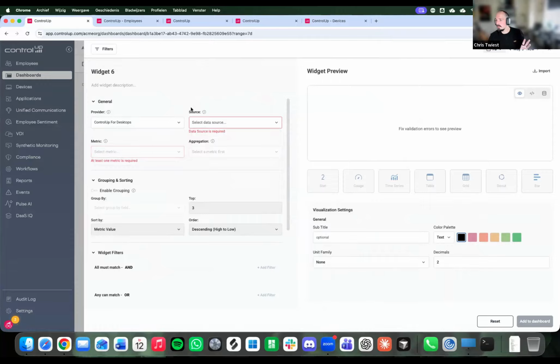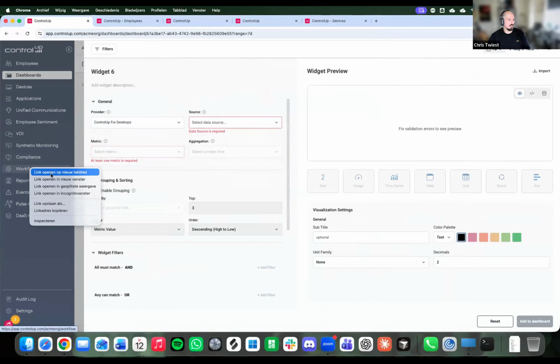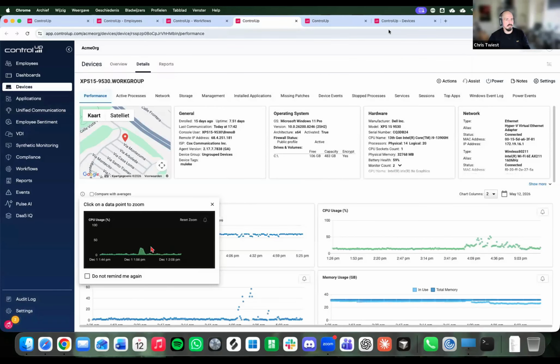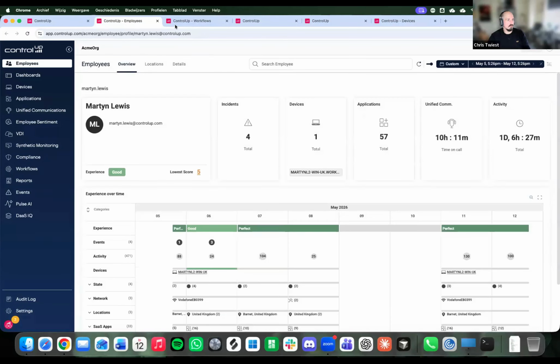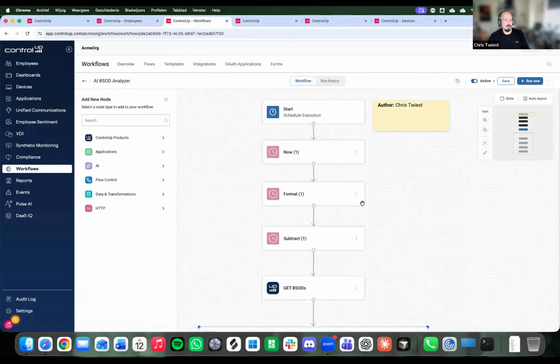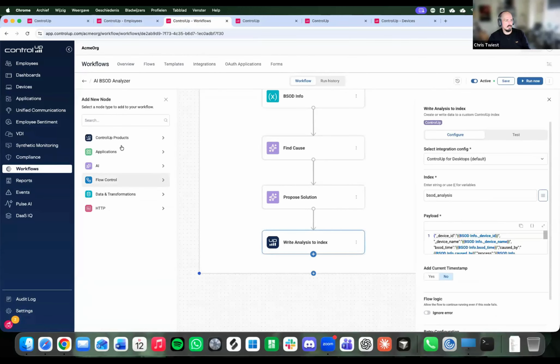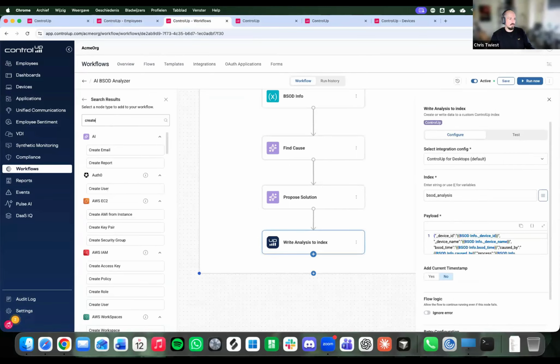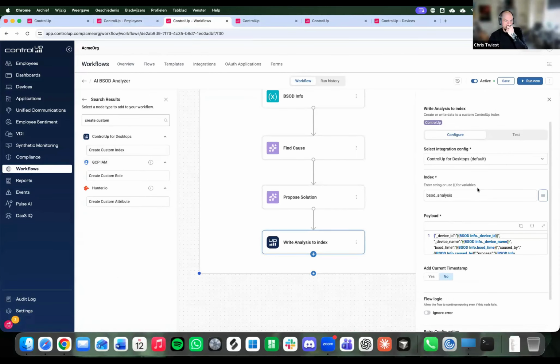I would also advise you to take that API and put it in workflows. Workflows has the ability to create a custom index. I can quickly demonstrate that. Where did workflows open? Here. So workflows, there is this task called create custom index. You can get data from an API. Choose the create custom index task, name your index and type in your JSON payload, and it will add it.